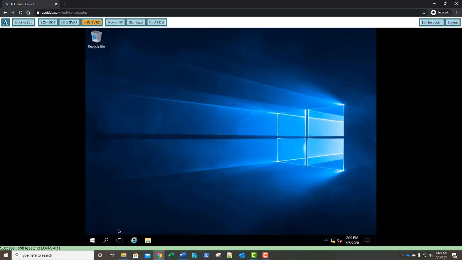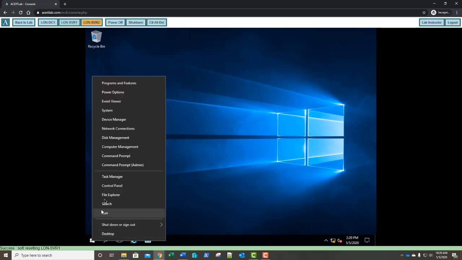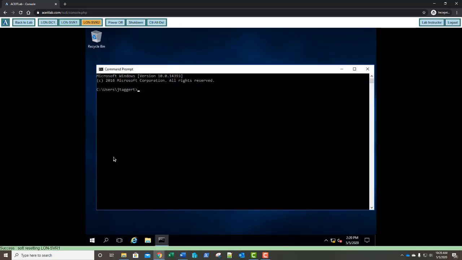And what we're going to do is instruct the group policy processing to retrieve any new group policies that need to be applied. So while I wait for Server Manager to start up, I'm going to right click the Start button, select Command Prompt, and type in gpupdate /force. And this will instruct the computer to retrieve any new group policies that are computer policies, any new group